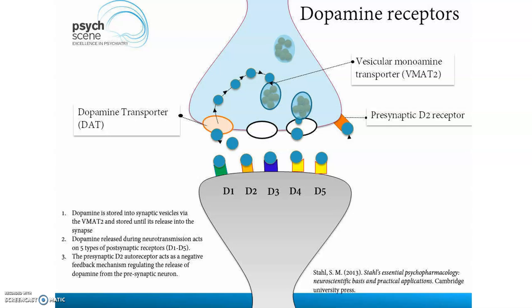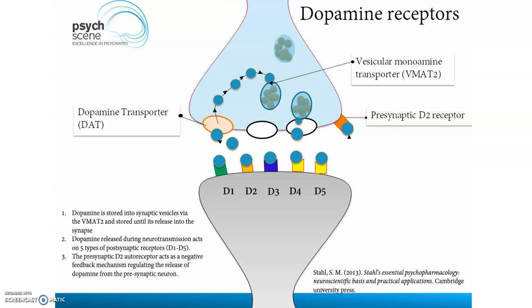Now these dopamine receptors D1 and D5 come under the D1 receptor family, and they have a short C-terminal tail with a long cytoplasmic loop. Whereas D2, D3 and D4 have a long C-terminal tail and a short cytoplasmic loop. So this was the first condition wherein the dopamine thrown out from the presynaptic neuron into the synaptic cleft moves towards the postsynaptic neuron and binds to the different types of receptors.